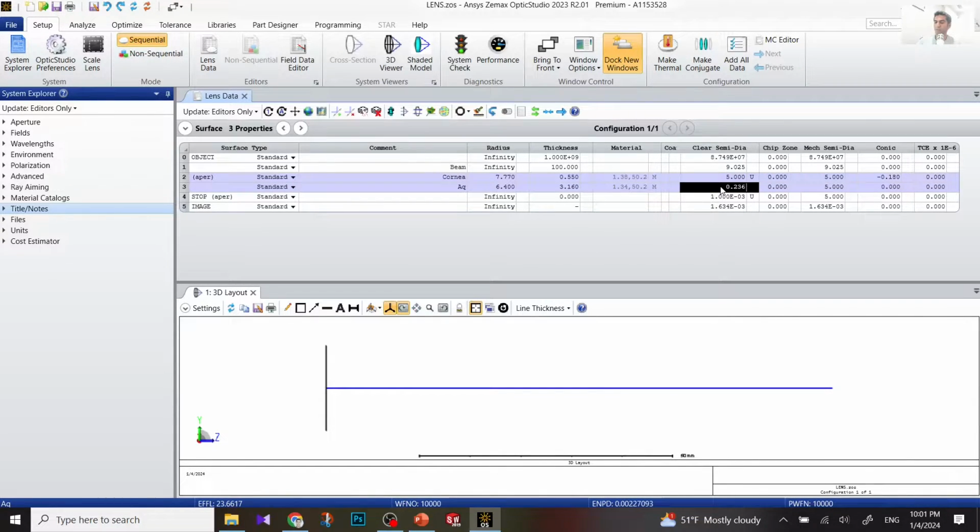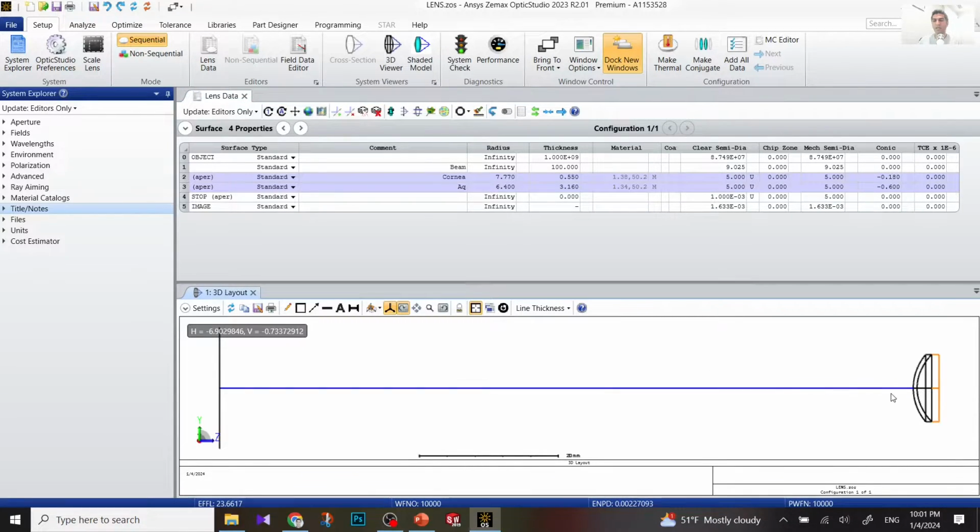And for clear semi-diameter, again, we're gonna put 5, and the rest for conic asphericity or conic in Zemax, I'm gonna put negative 0.6. So all of those values is based on Brennan and Liou model that I explained before. So the next surface after that liquid is the stop, which as I always said, stop is, so let